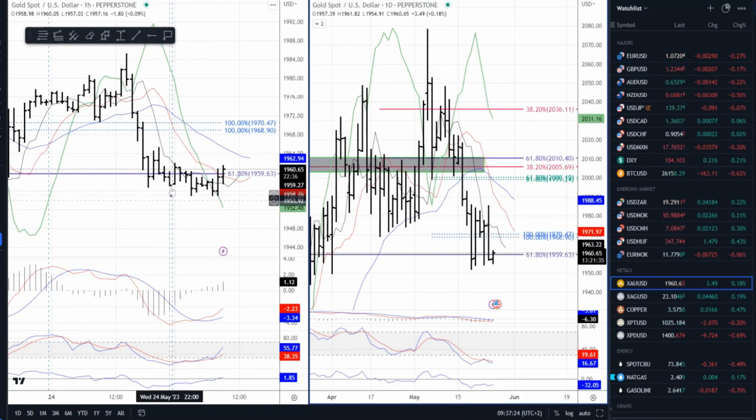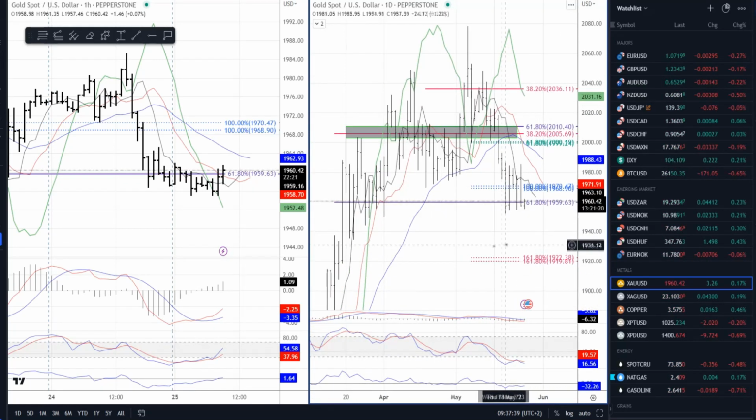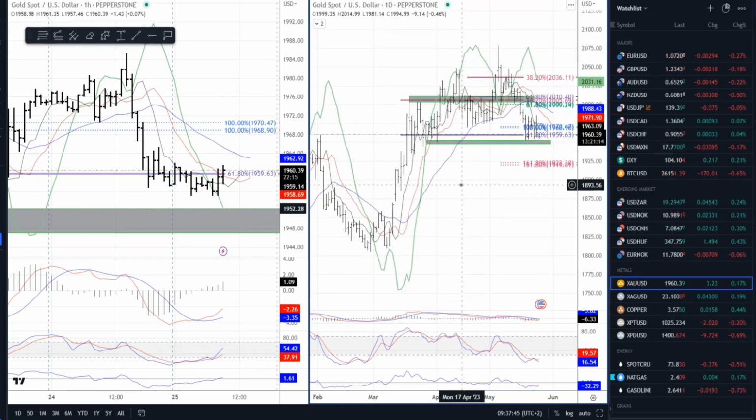On the gold market, we can see also that the market is diverging this morning. So the market is making lower highs and lower lows, but the oscillator is diverging, both stochastic and MACD. Again, we have a momentum divergence, and this is all happening around the 61.8% Fibonacci retracement and the cluster of the lows here in the background. So the cycle is still absolutely to the upside,